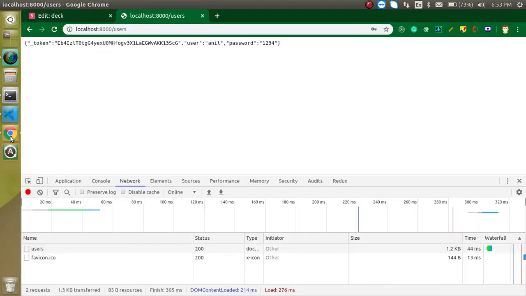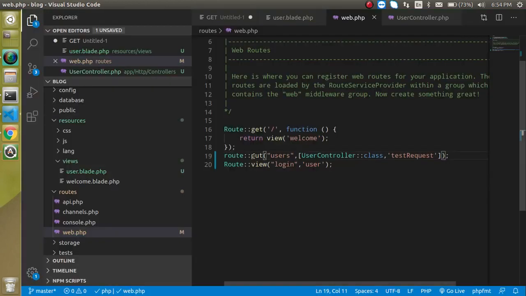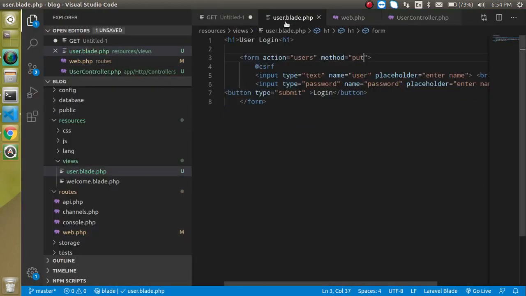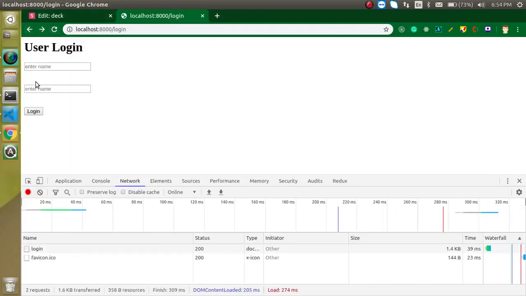But yes, we are now actually not performing the save data and update data in the database, but yes, you can do it this way, because now we are just understanding the methods. In the upcoming video we will create an API with everything, and we will connect with the database also, right? So now our put method is ready, but the put method has one problem. We cannot use put method directly like here. If I just try to hit it, then it will say that you are still sending the post